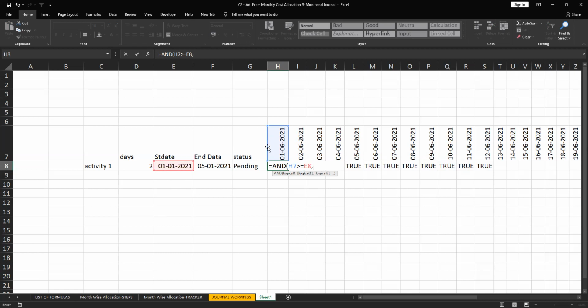Then this is less than. H7, no, sir, H7 less than or equal to. Exactly. This one is less than or equals to this.